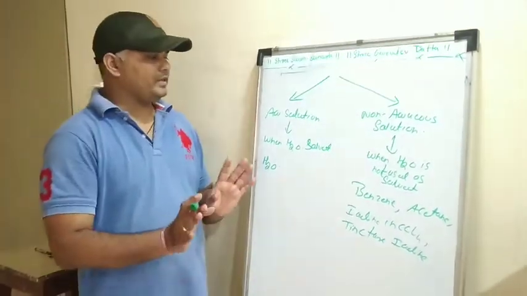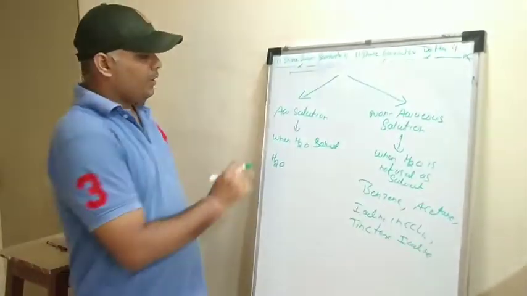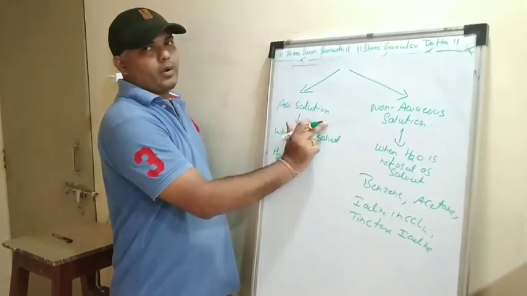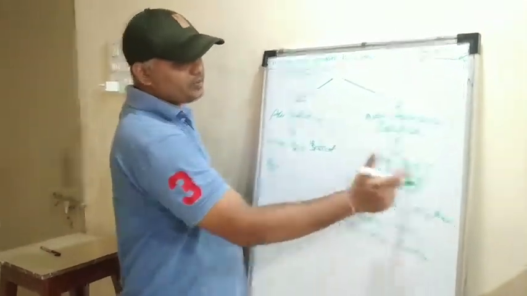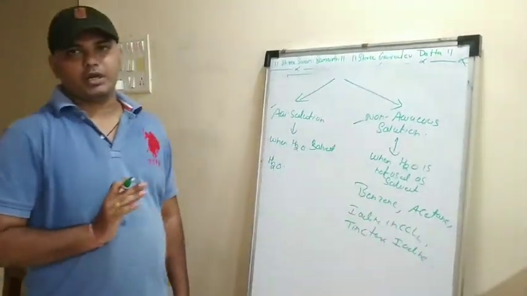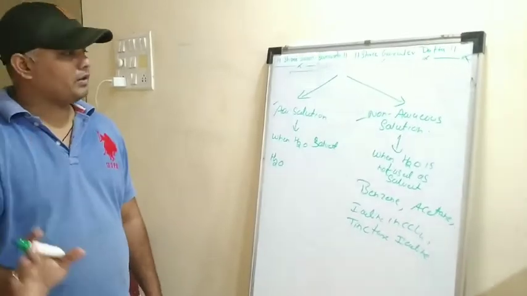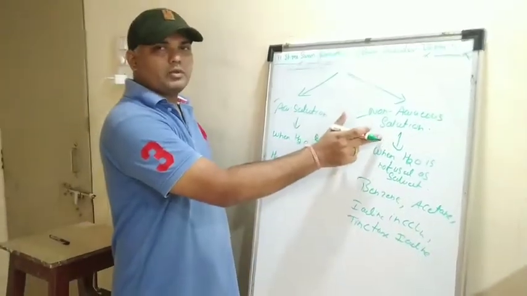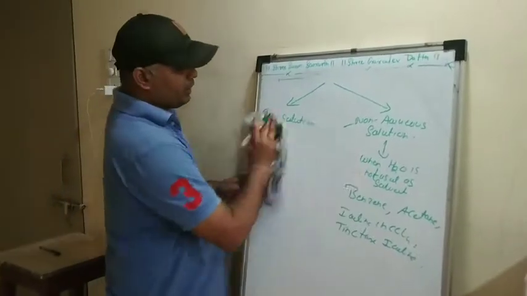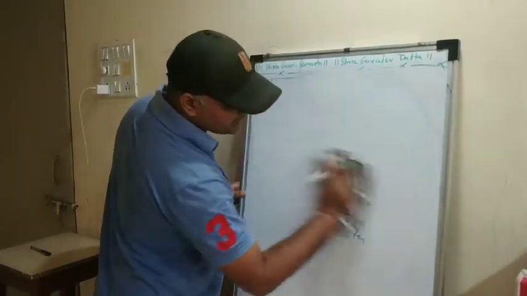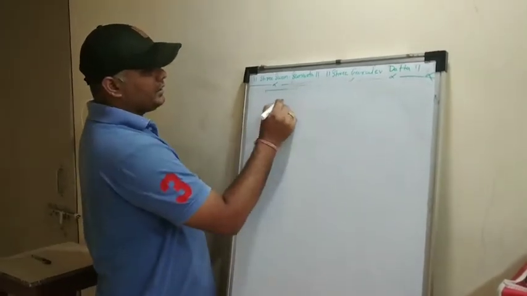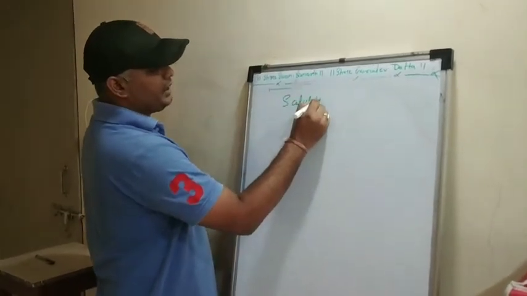So what is the difference? The difference is very, very simple. When water is used as the solvent, it is said to be the aqueous solution, and when water is not used as the solvent, it is said to be the non-aqueous solution, right? I hope that you have understood this particular concept of aqueous solution and non-aqueous solution, right? Examples also you have to note down. Okay, now we come to the last part of today's chapter, that is the concept of solubility, right?